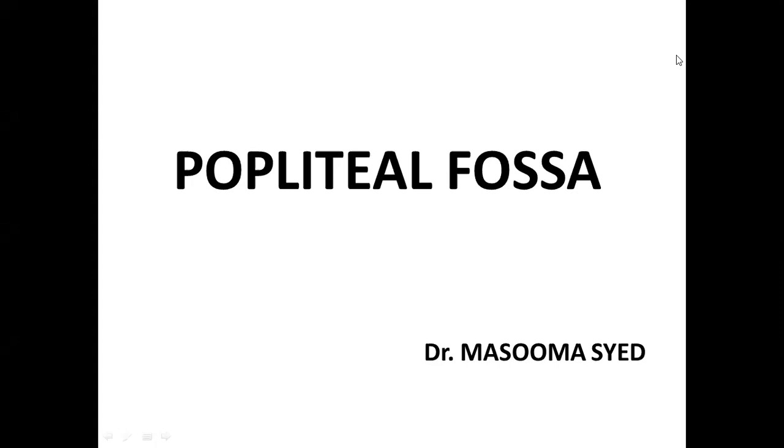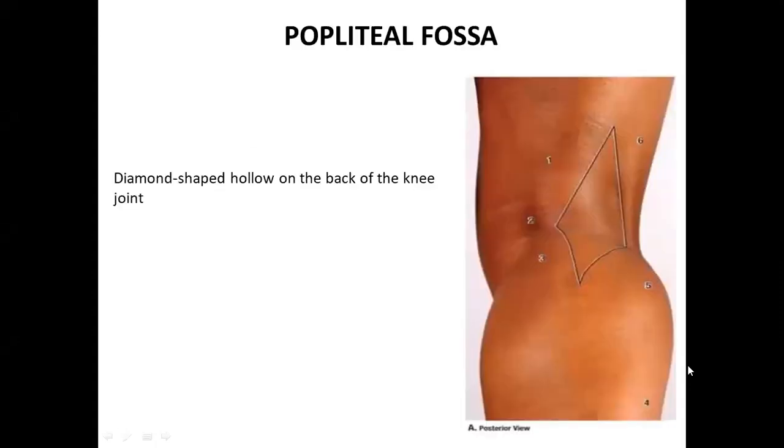The popliteal fossa is a diamond-shaped depression that is seen on the posterior aspect of the knee joint. It corresponds to the cubital fossa that is seen at the elbow joint. This fossa becomes more prominent when the knee is flexed. There is a clinical importance of this popliteal fossa, that it gives passage to the main vessels of the thigh.